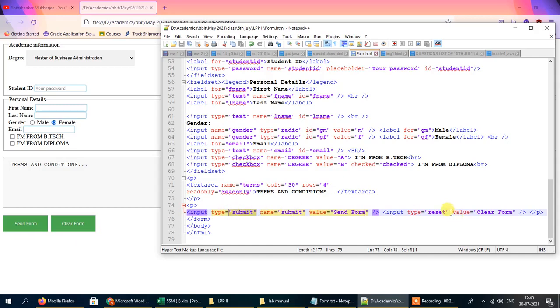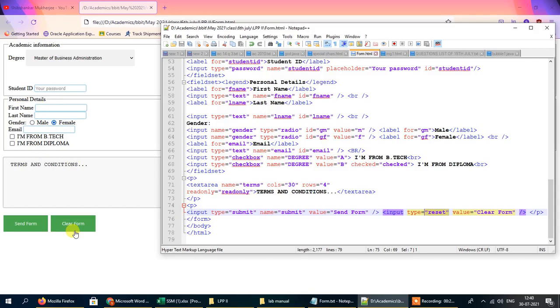Similarly, we've got another reset button over here. It is pretty obvious what it does. It is of type reset. When we click on the reset button, all the values from this field are removed and everything is cleared. Okay, it is like hitting CLS in DOS.